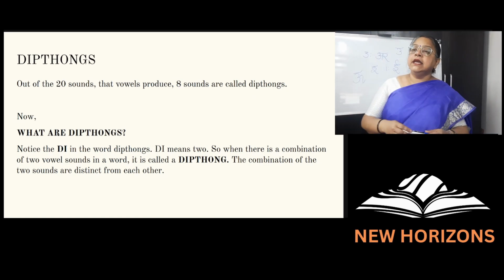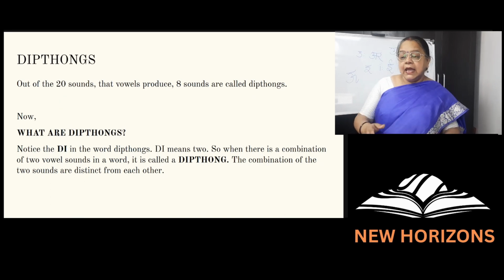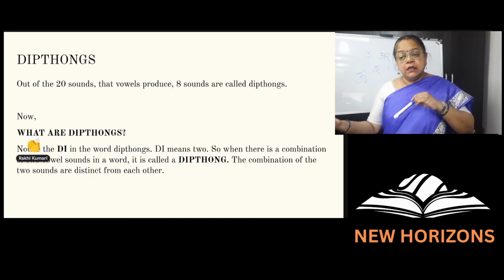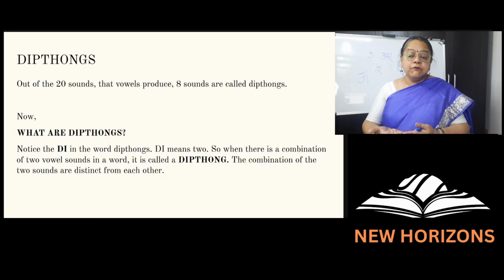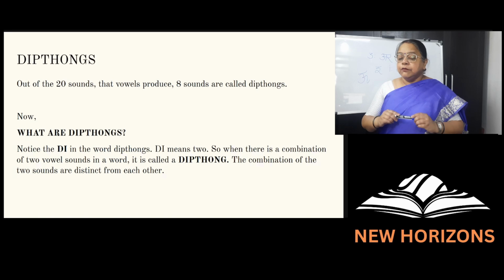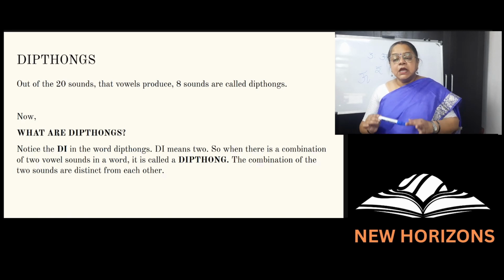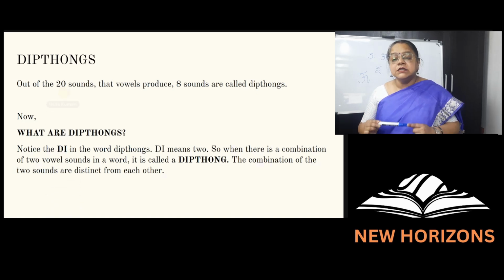It is like if you have studied science, especially chemistry: when elements are separate, they have qualities of their own. When they join and form a compound, their qualities change. They are completely different from the elements from which they were formed. In the same way, diphthongs give out a completely different sound from the vowels that they are formed of. Okay, so let us now deal with the diphthong sounds.